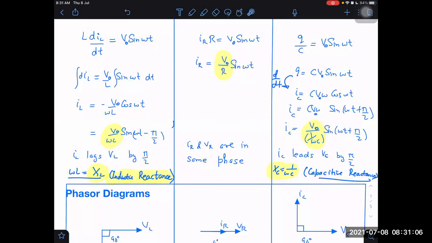One more thing. IL lags VL. How to remember it? If you already learned that by differentiation it will be plus pi by 2, I think then also sometimes you may commit a mistake. The reason is you will probably think whether we differentiate here or here, and unless you go through this entire procedure, you may forget it. So better to go through this procedure 1 or 2 times so that it remains in your mind. Don't just learn the result, try to solve it 1 or 2 times.